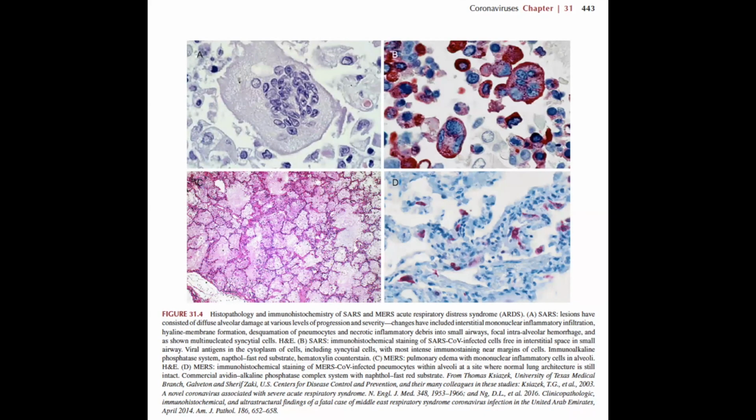So this is some histopathology slides from Fenner's virology book. The upper two panels show SARS, and the bottom two panels are really from MERS. And you can see the lesions that have diffuse alveolar damage and progress to severity. In terms of severity, you see interstitial mononuclear inflammatory infiltration, and ultimately you see, on the right upper panel,